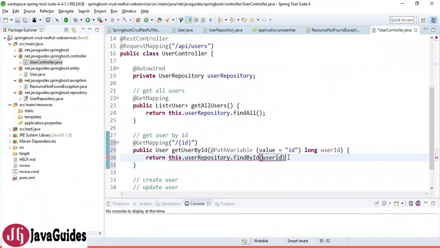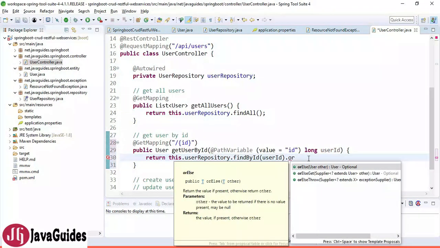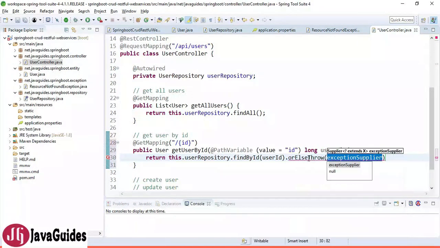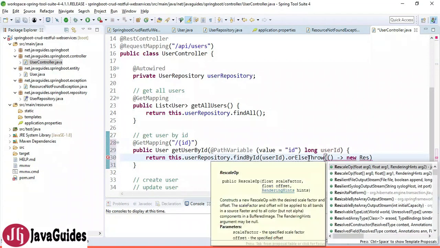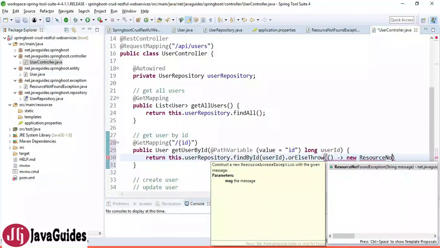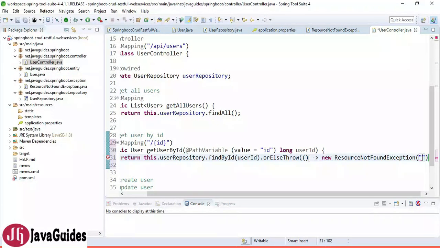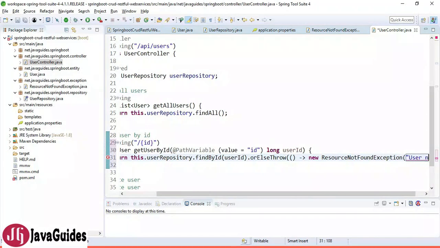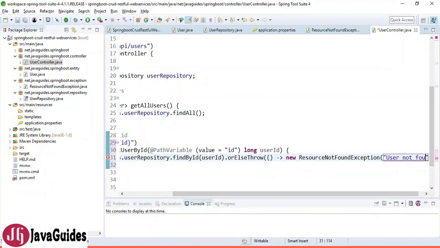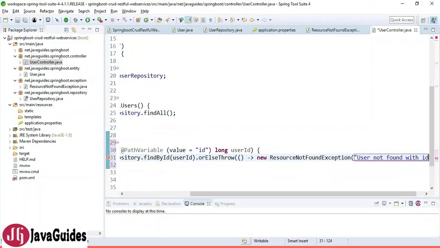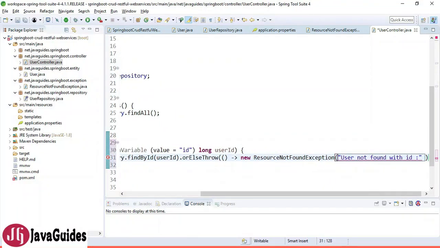We are also going to throw an exception if the user does not exist in the database for this ID. For that we'll use the orElseThrow method, and here we write a lambda expression, a new ResourceNotFoundException, and I'm going to pass the message like "User not found with id" and the user ID.